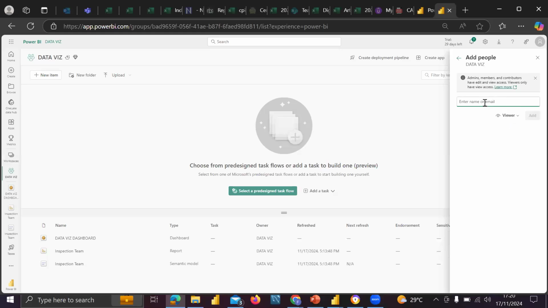Now, for example, I want to add a colleague of mine, maybe Olaiton. You click on the person. So I'm adding my colleague now. What kind of role do I want to assign to Olaiton within this, our data visualization workspace? Is it a viewer? Who among you have an idea of the different types of roles that we have in Power BI? Who has an idea and how it works? Please, any idea? Who can explain to us?